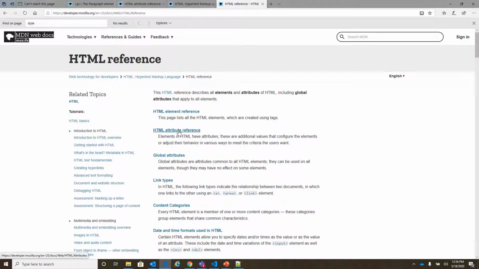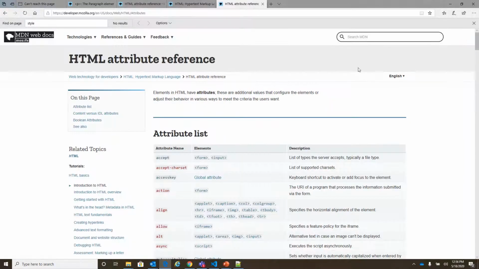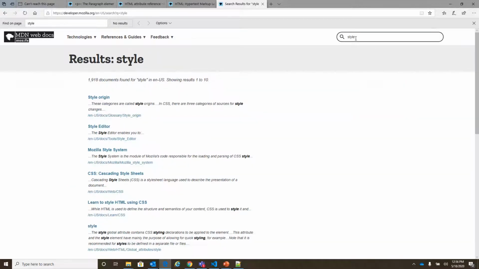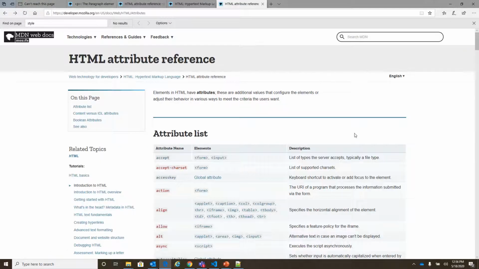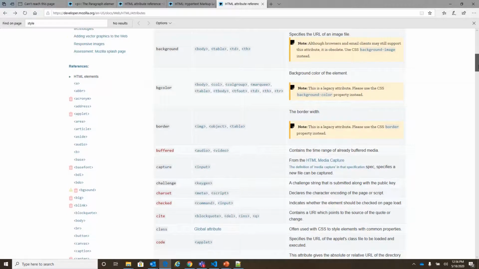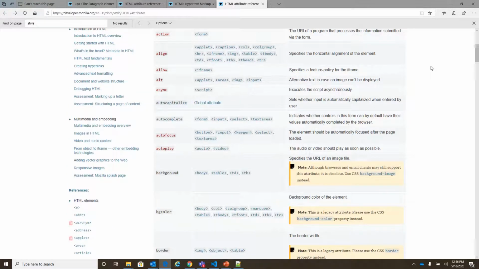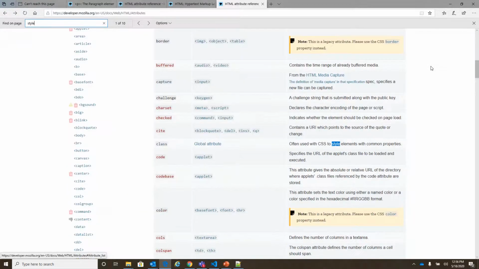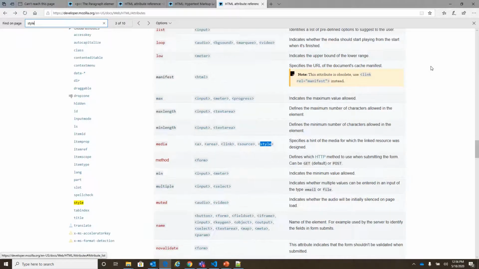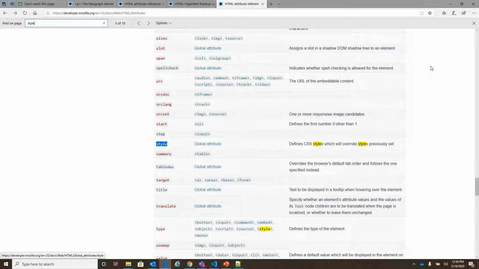Now we'll study the attribute reference, and search for style. If you see, style is a global attribute.